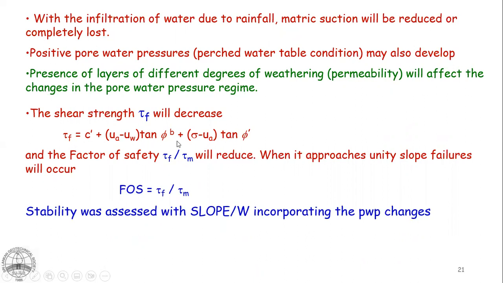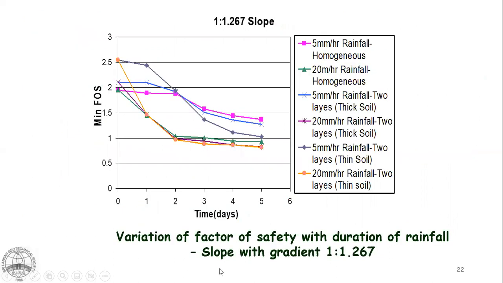With the development of positive pore pressures, the shear strength would be lowered. So the factor of safety is the ratio of shear strength to shear stress to be mobilized for equilibrium. With the reduction of that, the factor of safety is decreasing. So we have established that for this kind of typical slope under different conditions, with continuous rainfall, the factor